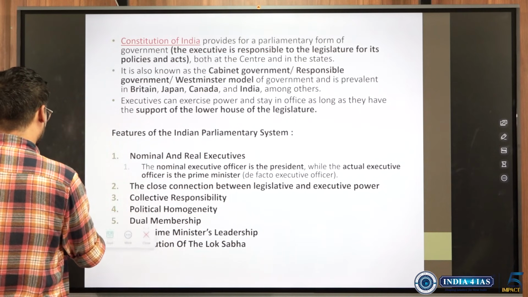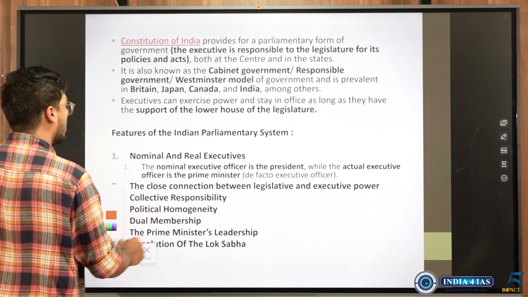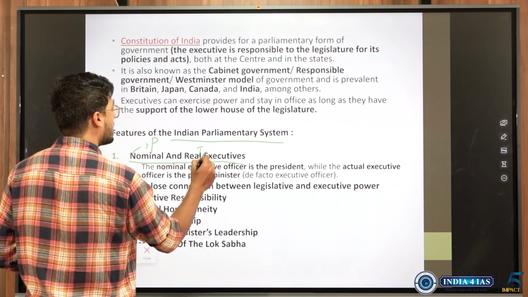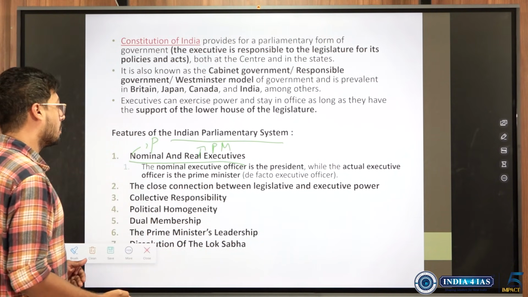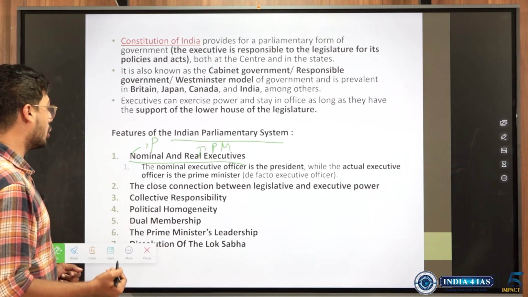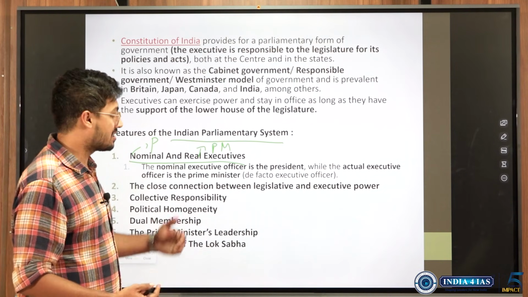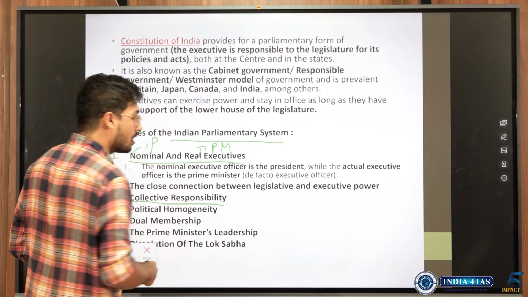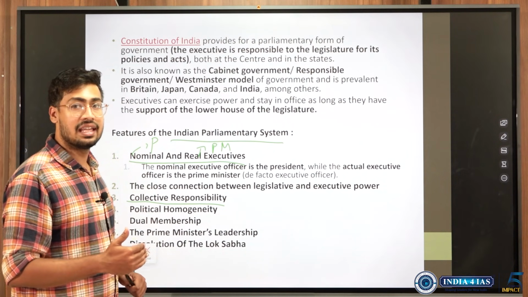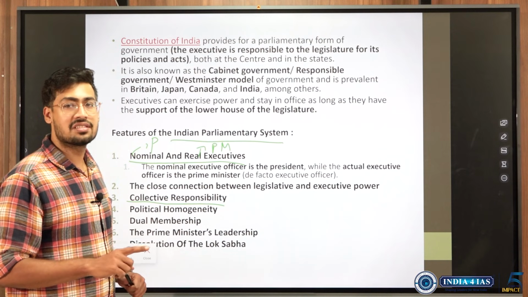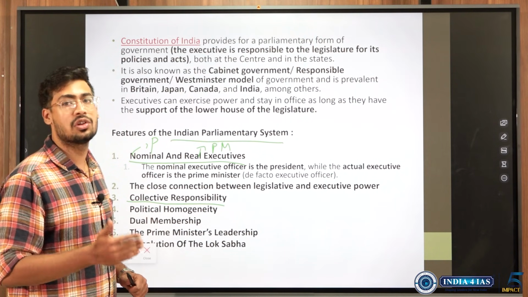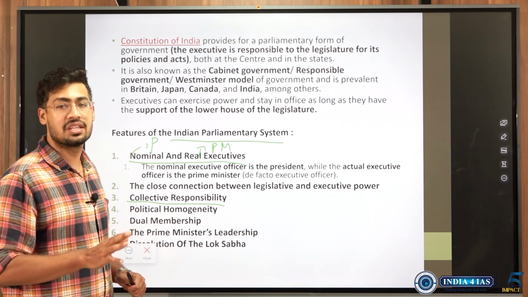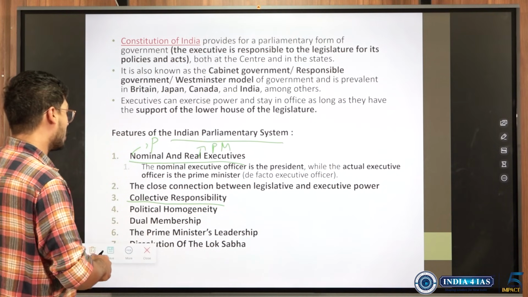See, which I wanted to say, I'll highlight the features of the parliamentary system. There is a nominal and a real executive: nominal means the President, and real executive means the Prime Minister. There is a close connection between the legislative and the executive power. Yes, because the members of the executive such as ministers are also members of the legislative. There is collective responsibility, which means that all the ministers are collectively responsible. If a minister disagrees with the prime minister, then he will have to resign. And if the government falls, then it is not just an individual minister, the entire group of ministers, the council of ministers or the cabinet, will have to resign together.